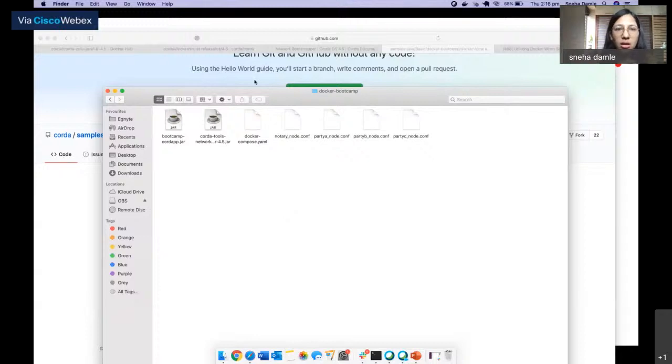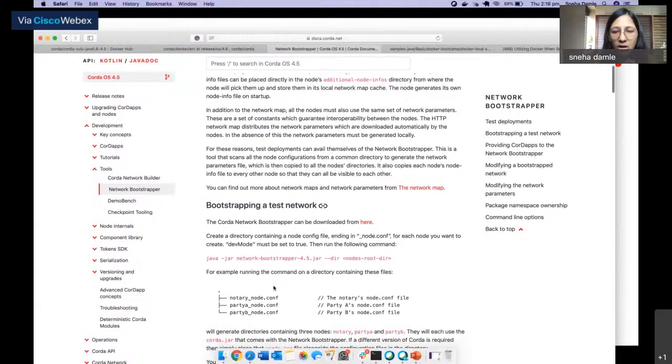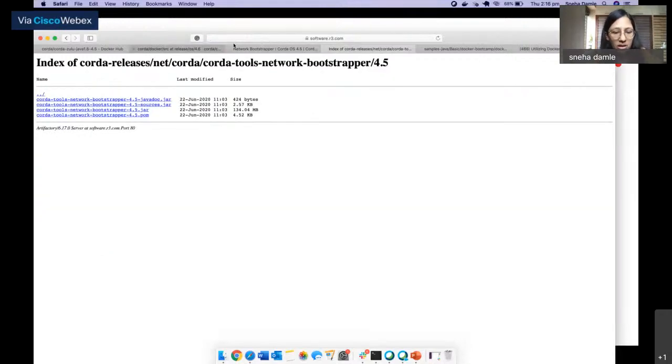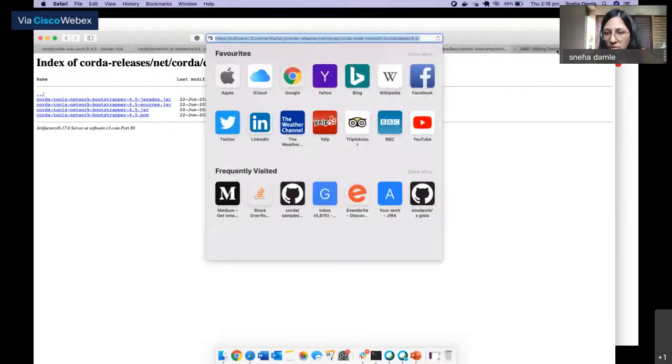Also, go to this network bootstrapper and click on this link. Using this link, you will be able to download the network bootstrapper. Go and download version 4.5. Let me share this link with you.